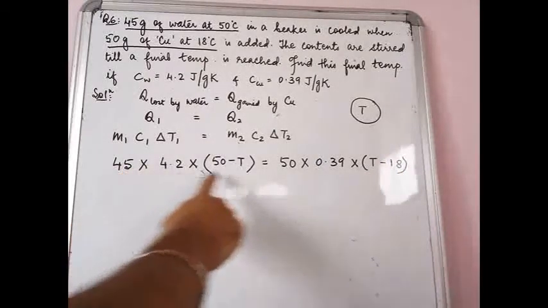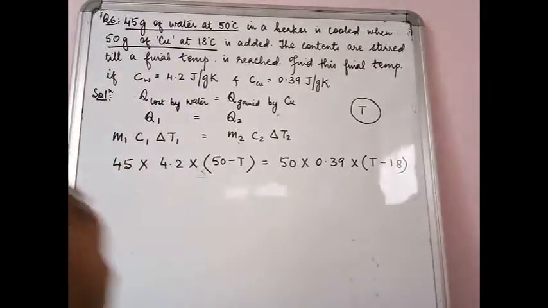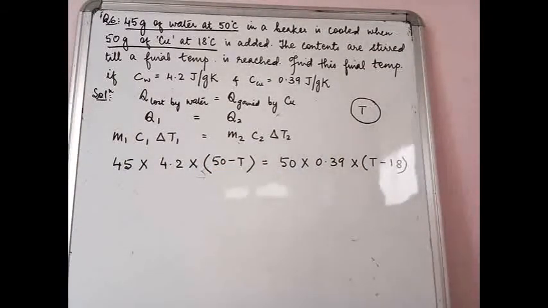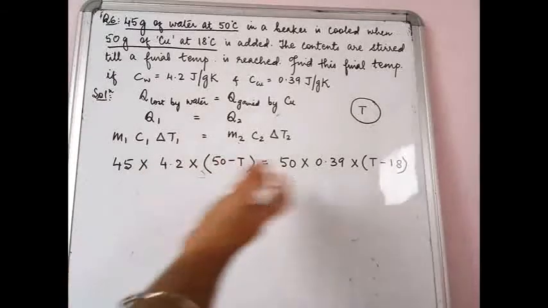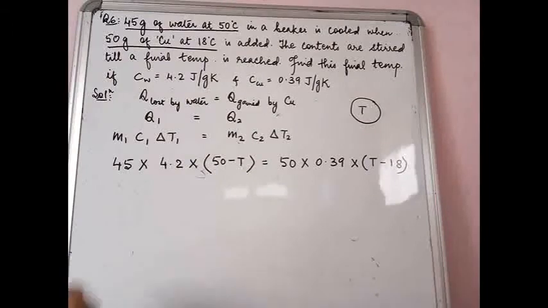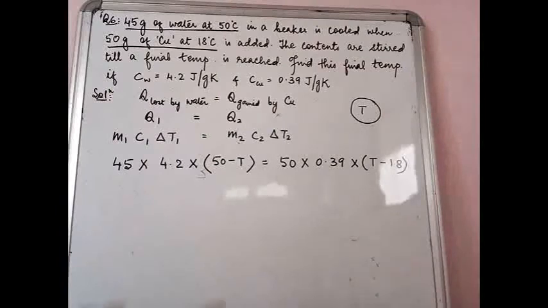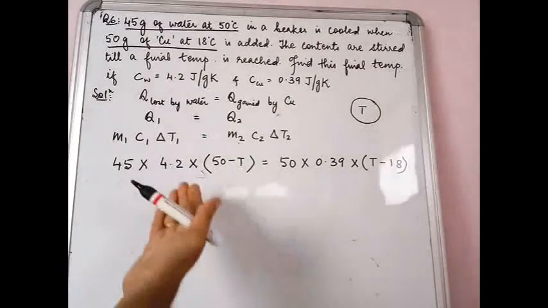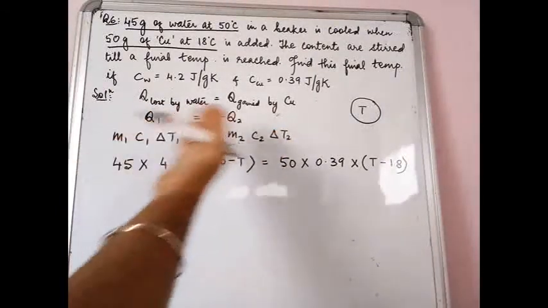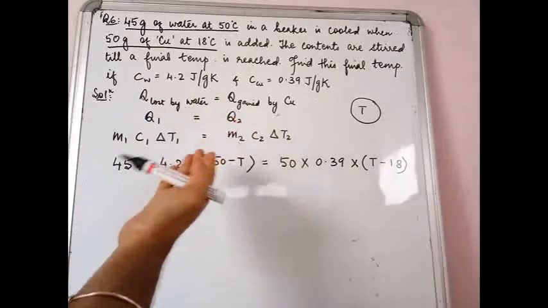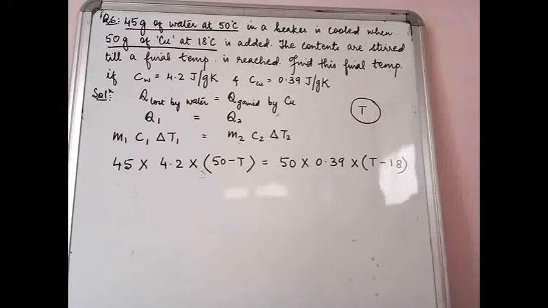So if you notice this particular equation, there is only one unknown, which is the T, that we have to find out. Okay, so now this basically just remains a mathematical question. Now the concept was present over here. Okay, so now once again, since this is a question involving same entities on both sides, you will not have to convert any gram into kgs and so on and so forth.